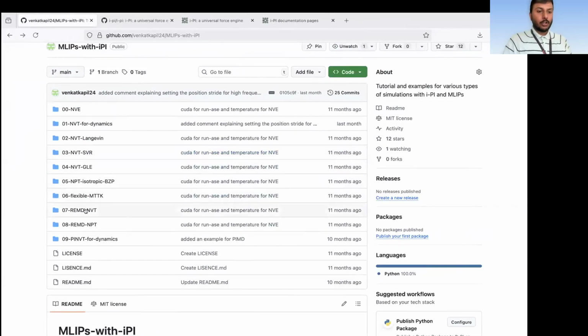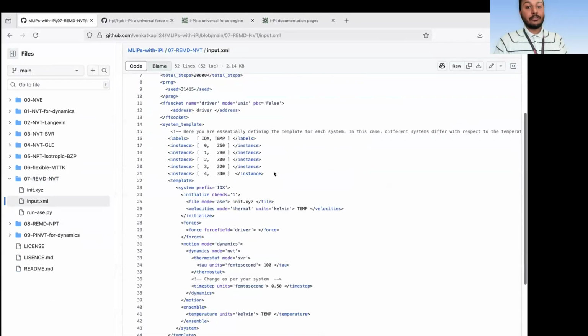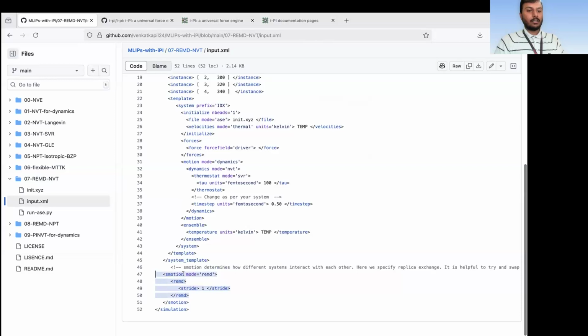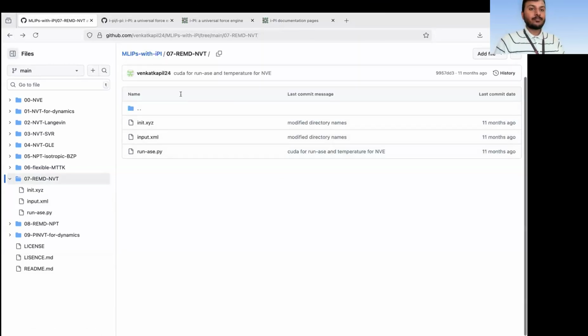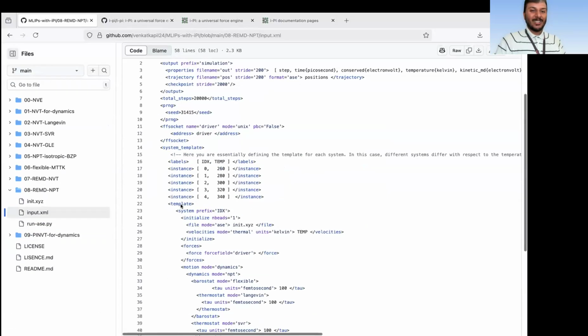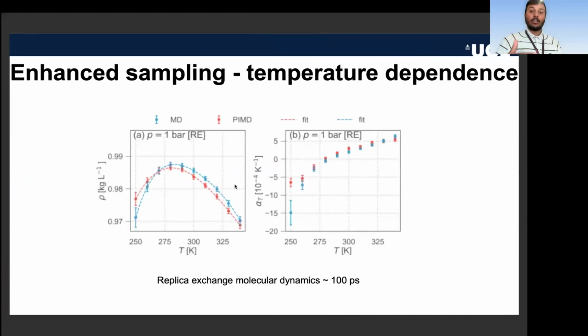And at this point, I could probably show you what an REMD input looks like in IPy. So IPy also has the feature where you can run multiple temperatures in the same simulation. Every temperature will evolve independently. And to do replica exchange, you just have to include this flag here. And stride one means that at every step, it will try to swap positions between various temperatures. And of course, REMD can also be done in more complicated ensembles like NPT, and you can even exchange across various pressures